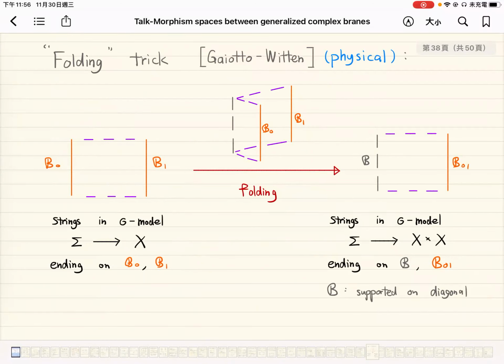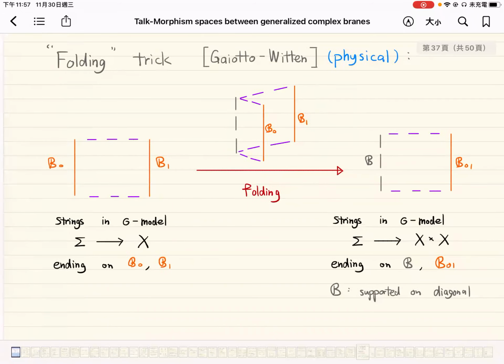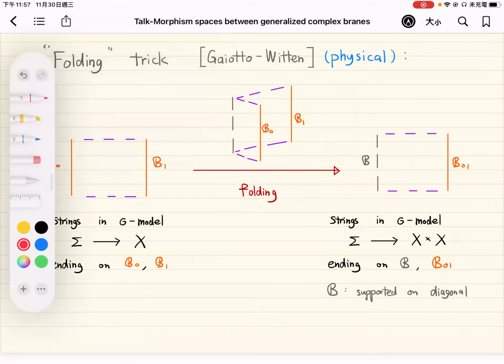Having introduced a certain kind of proposal on defining the space B_CC, I would like to further explain the so-called folding trick explained by Yi Tung, which is a physical argument for why we consider the doubling of the space. Whether A-model or B-model, we are talking about 2D sigma models. Then we are trying to consider some kind of string. There's a worksheet here, and some kind of string with two endpoints.